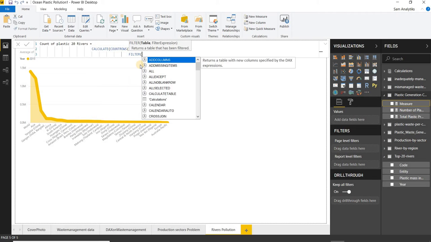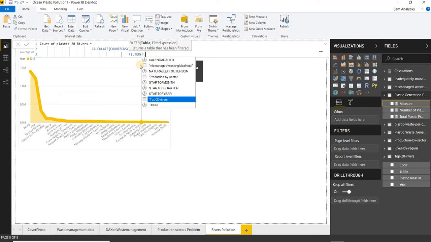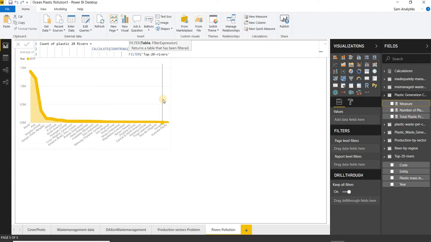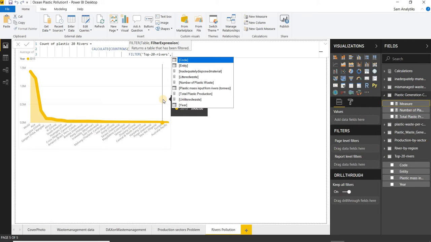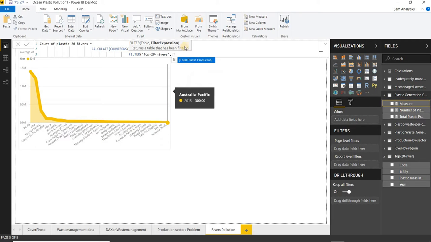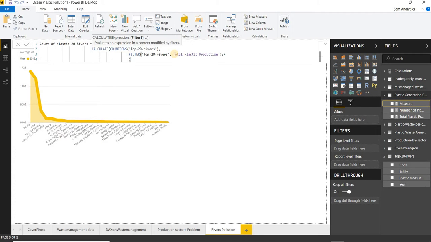In this I do have to use the top 20 rivers into consideration, and then I need to apply the measure which I just created a couple of times ago, that is the total plastic production, which should be greater than 27, and I will enclose this with the closing bracket and another one like this.